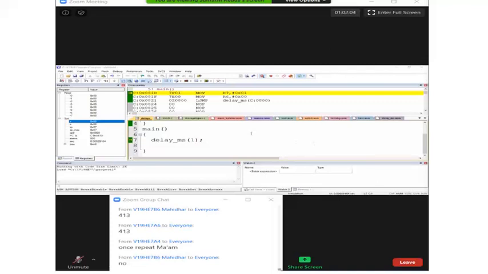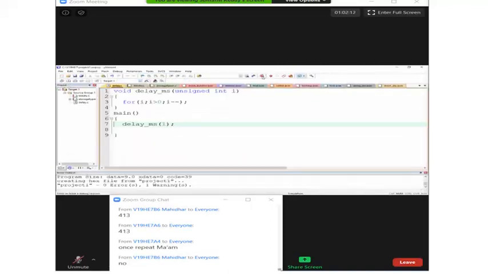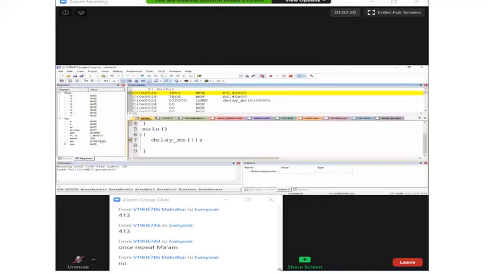For that reason, I'm checking before starting the delay function how many machine cycles it is. Then after completing the delay function, how many machine cycles it is. So the final value minus the initial value will be the time taken by the delay.